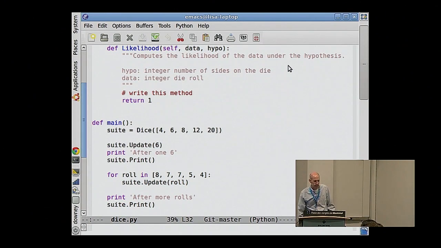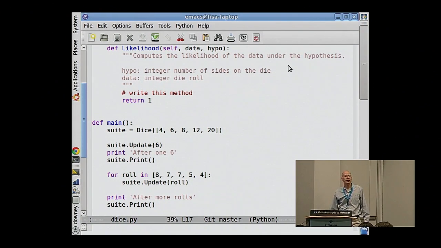Take a quick look at main. So what main does is it creates a new suite. In this case, I'm using integers to represent the hypotheses. So each hypothesis is 4, 6, 8, 12, or 20, representing the number of sides on the dice. And I'm going to do an update with the value 6, which is the value that I rolled. So inside likelihood, hypo, the hypothesis, is going to be the hypothetical number of sides on the dice, and data is going to be the outcome of the roll. And your job is to figure out what's the likelihood of the data given the hypothesis. So to think about that,